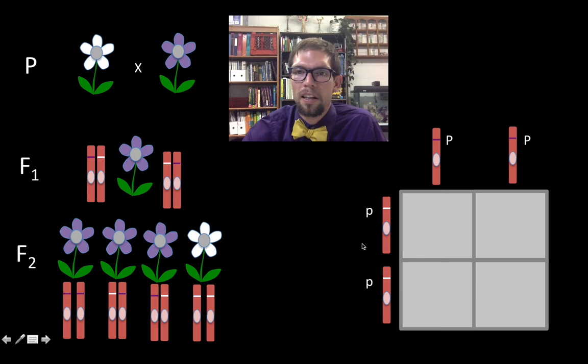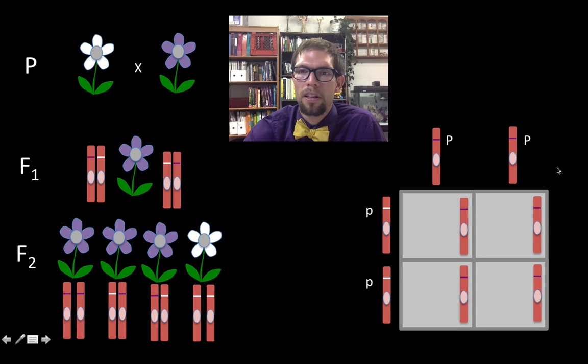Now you often see letters representing the genes that you're looking at. So here the gene for flower color is represented by the letter P, with the dominant allele being the capital letter and the recessive allele being the lowercase letter. Now if we fill in the Punnett square,